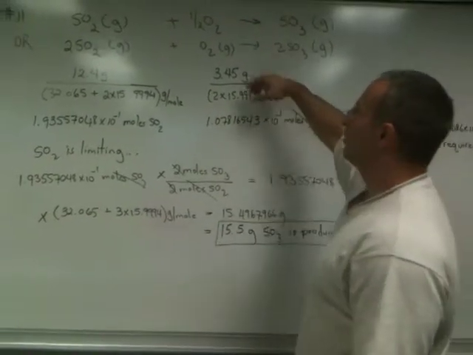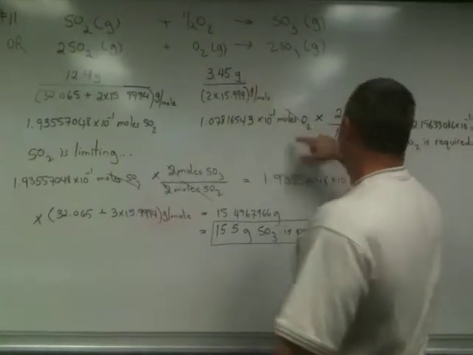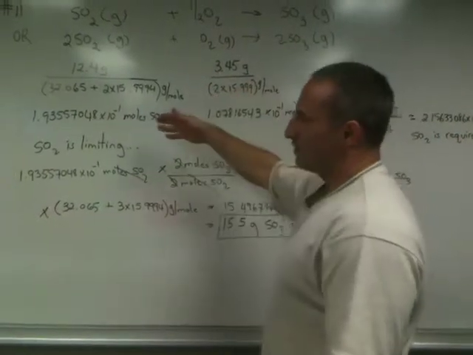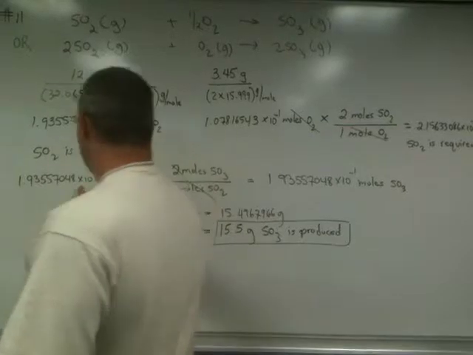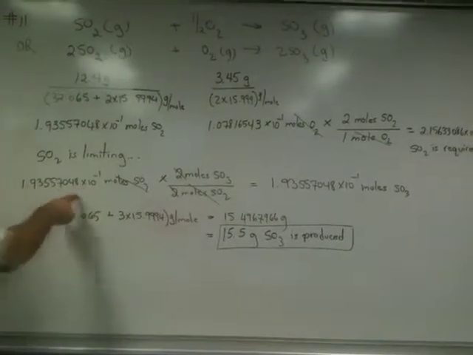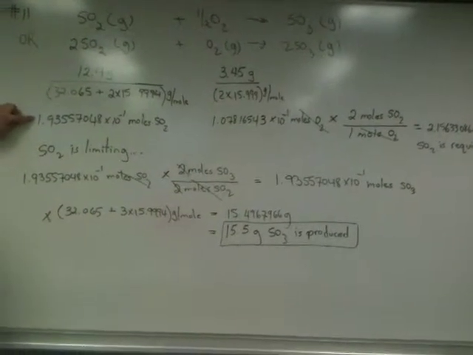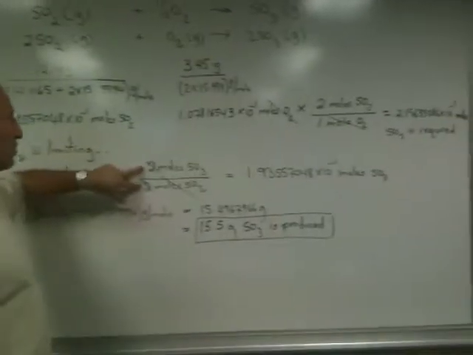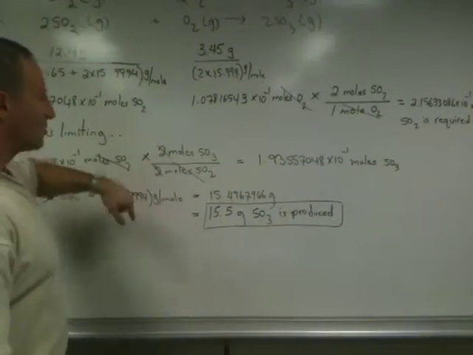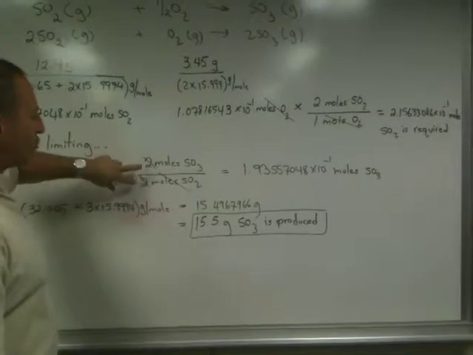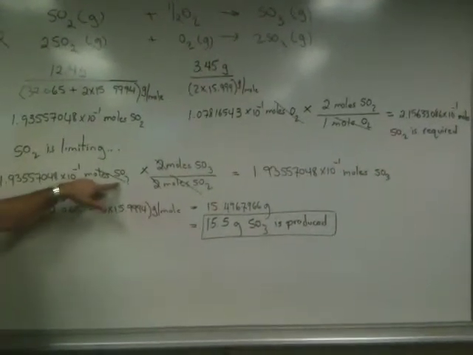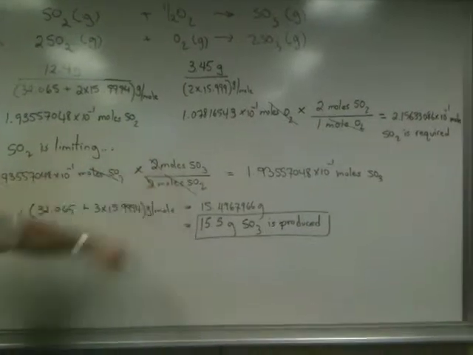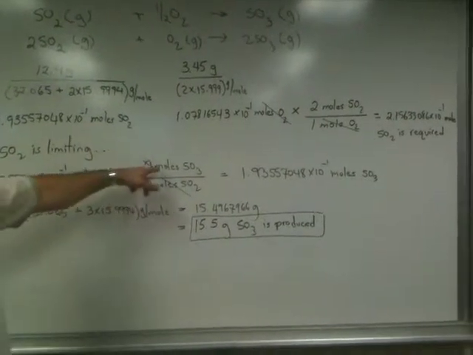Even though I thought O2 was the limiting reagent, and I started the calculation with O2, I found out the other one was limiting, and that's fine. So I started my calculation with 0.19 moles of SO2, which is what I actually have. I included the stoichiometry for the reaction, which is 2 to 2, which cancels to 1. Again, how did I choose which one to put on the bottom and which on the top? I want to cancel SO2, so I put SO2 on the bottom for the conversion factor, and that gives me an answer in moles of